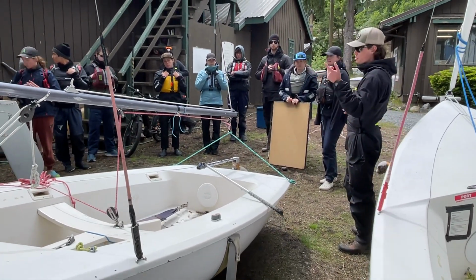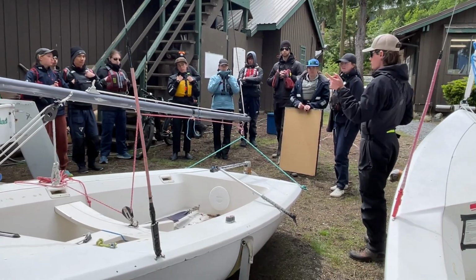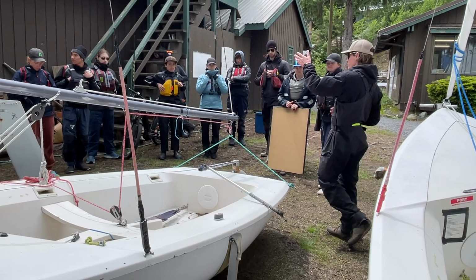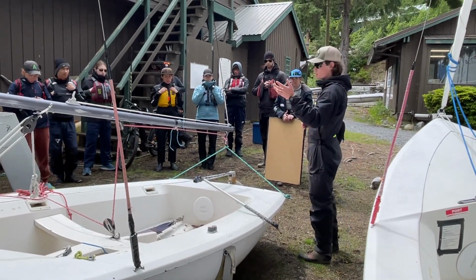So often if we start to see a good thermal coming in, it's better just to take the extra time, tow your class to the top of the lake, sail them where there's less wind, where they're going to be able to actually manage